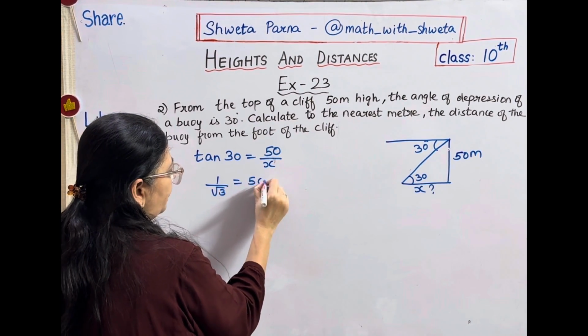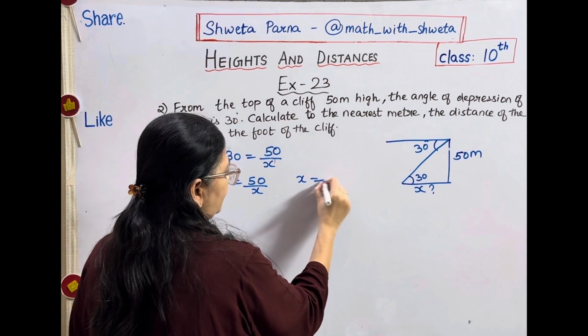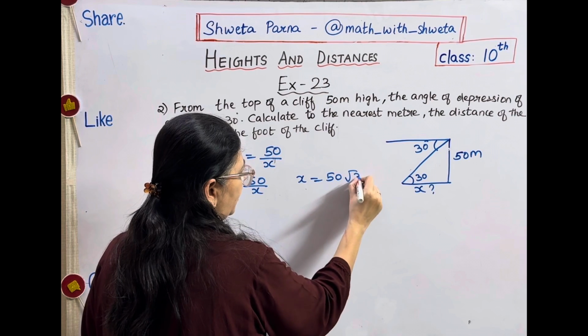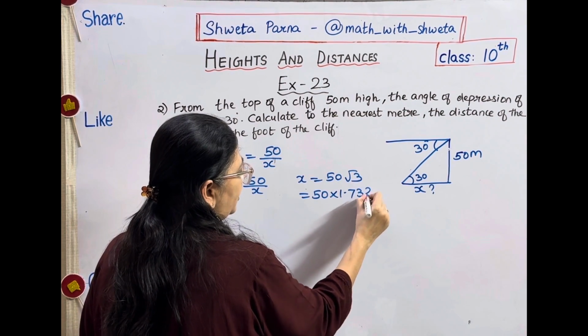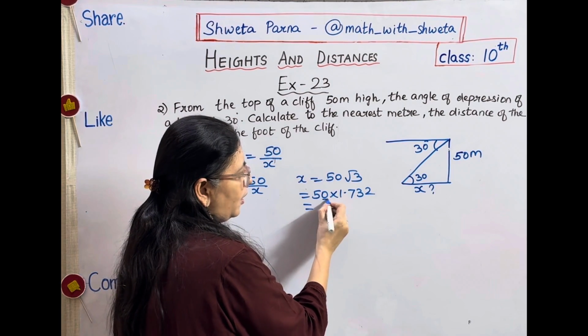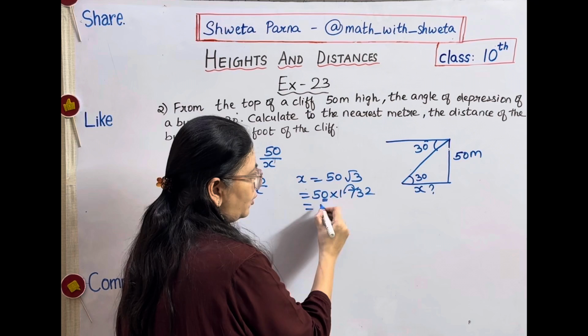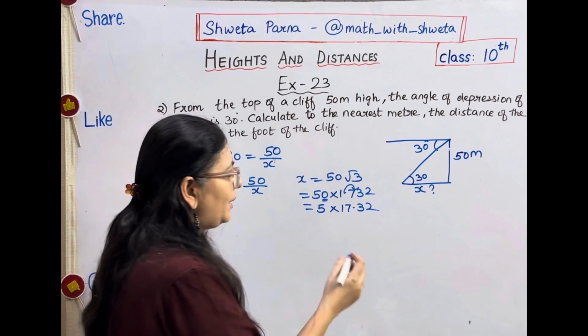is equal to 50 upon x. Cross multiply, x is equal to 50 root 3, which is 50 into 1.732. Children, now easier way to solve it. There is 1 0, so shift this over here. So this will become 5 into 17.32 multiplied